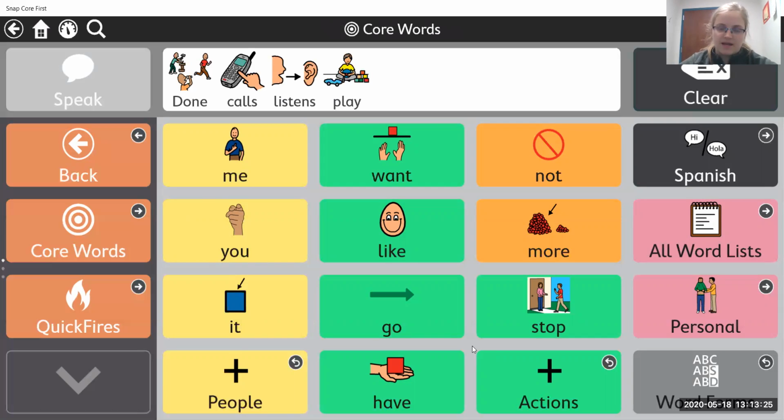If you want to be done with a conversation, there are some different ways that you can do that. You can say goodbye, you can say stop, you can say done, you can say no or not, you just protest for the conversation.